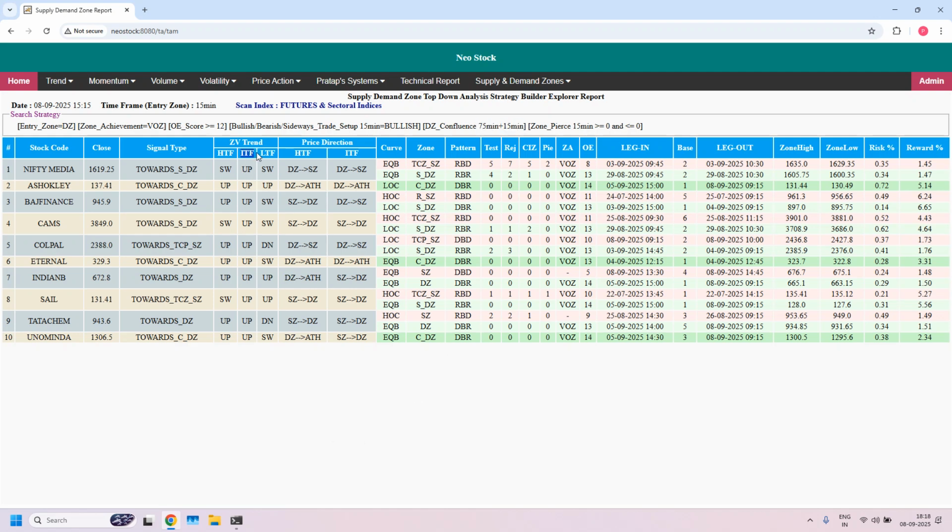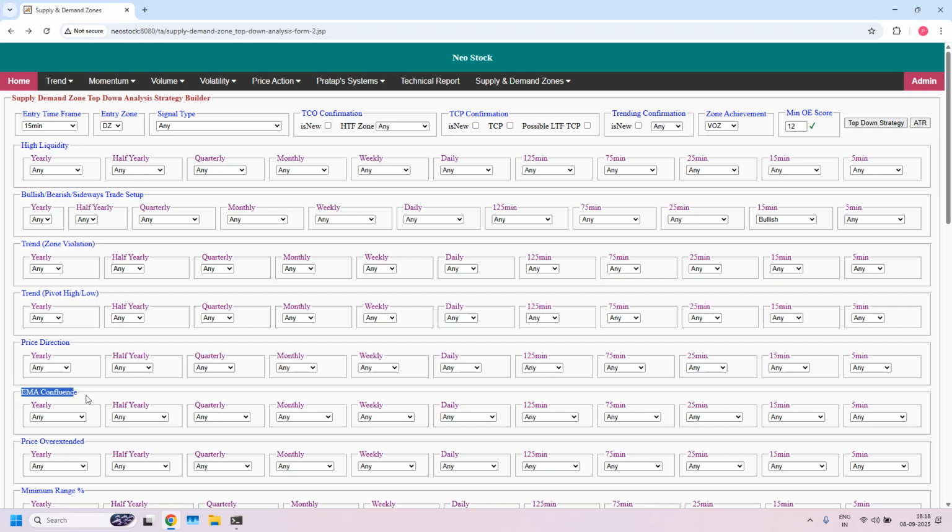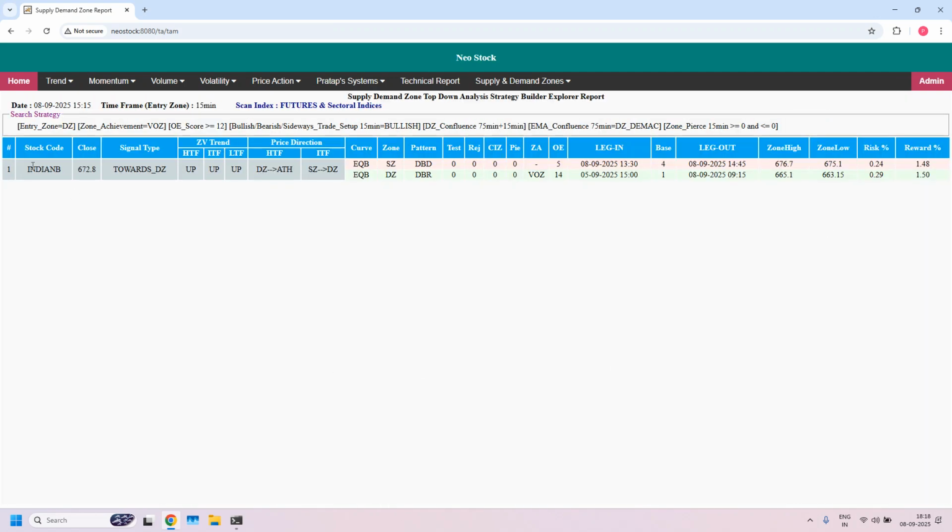And the 75 minutes trend is uptrend in all the stocks, the ITF trend. So we can further filter based on EMA confluence at the 75 minutes demand zone. That is 75 minutes demand zone with daily EMA confluence. We got one stock. So this 15 minutes demand zone is having more high probability to get success